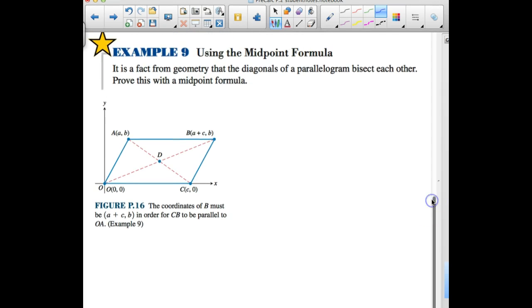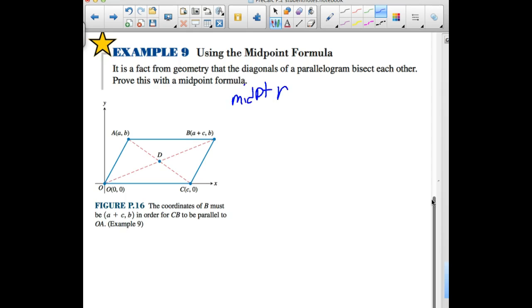All right, example 9, using the midpoint formula. It says, it is a fact from geometry that the diagonals of a parallelogram bisect each other. Prove this with the midpoint formula. All right, so we are looking to find the midpoint and show that it is the same for both diagonals. All right, so the midpoint,